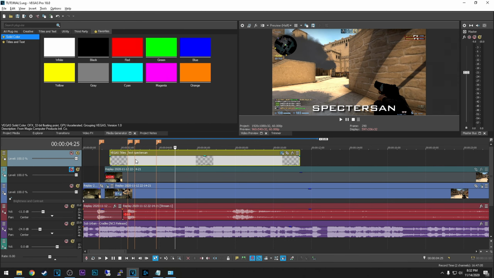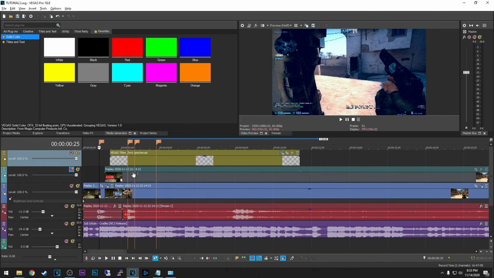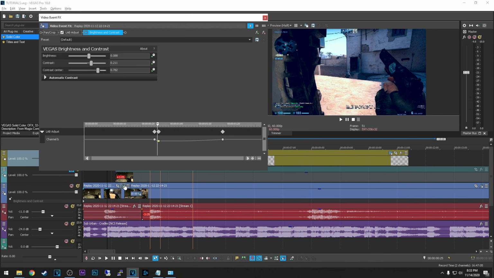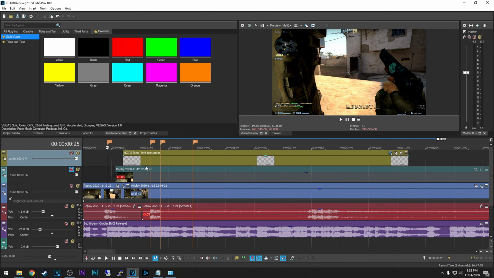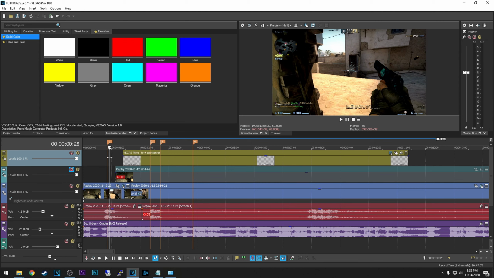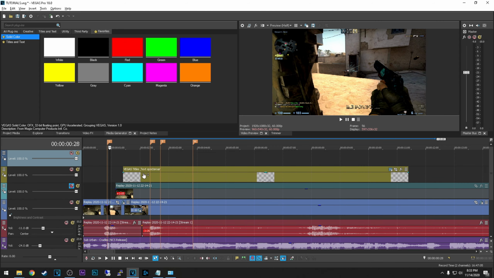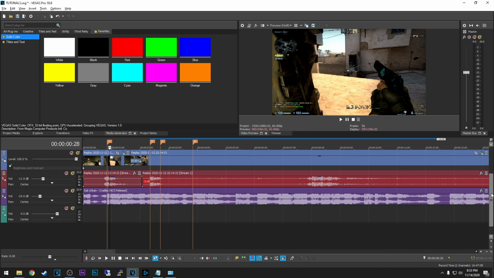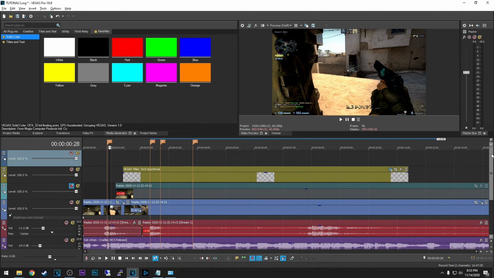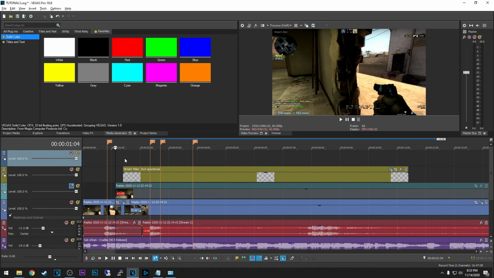For solid color, you can use it even to add an effect. Let's say instead of using this lab adjust effect, I can actually use, let me add another track. By the way, when you have multiple tracks like this, you need to go down from this sidebar right here, and it's a bit annoying, but if you hold Ctrl and use your mouse wheel, you just scroll up and down.